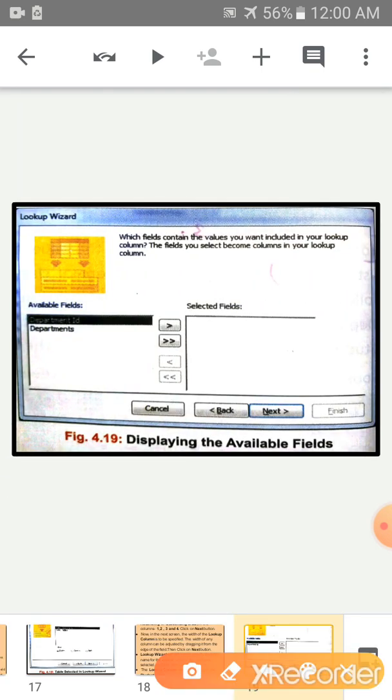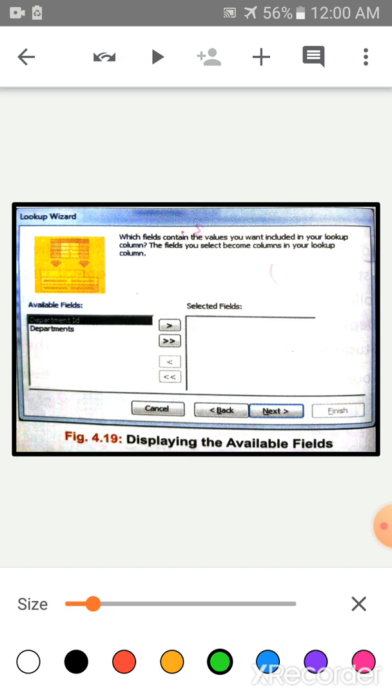Look at the screen children. This is displaying the available field. This is the single arrow and this is the double arrow. If you want to select only one field, you click on the single arrow. If you want to select all the fields, then you click on double arrow. Okay, displaying the available field.